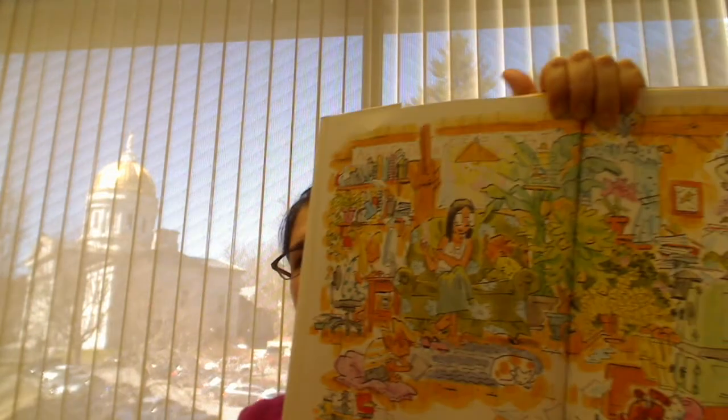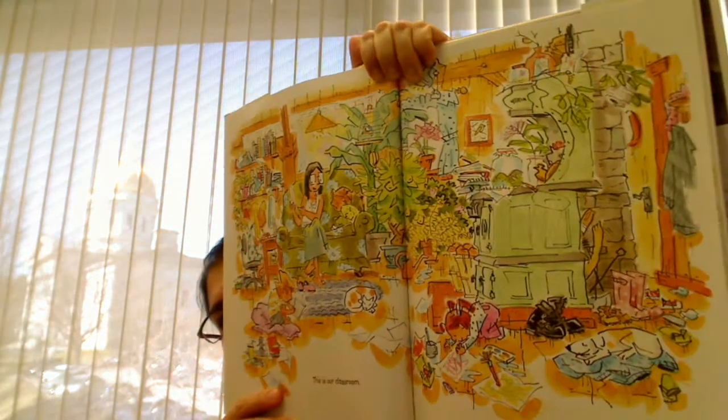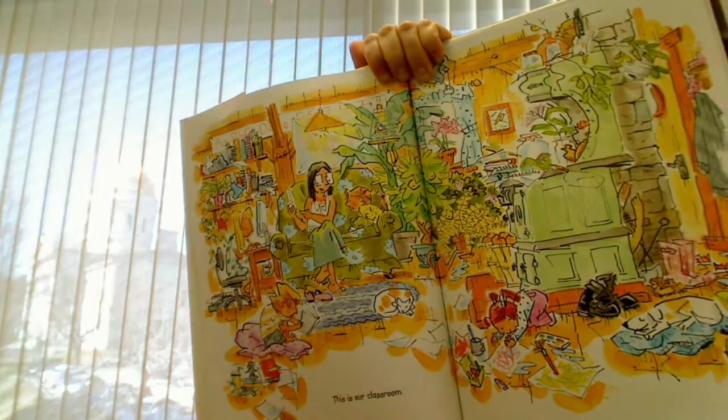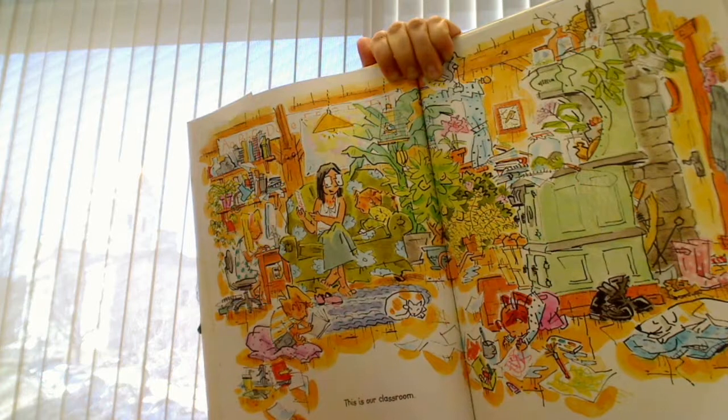This page right here gives me a headache. It's just so busy. This is my classroom, which is great. But you could spend half an hour trying to figure out everything that's going on in it. But, you know, kids like to spend a lot of time with books, so, I don't know. So anyway, the kitchen is their classroom, and the piano is their classroom, and the creek is their classroom, their cafeteria is their kitchen, and